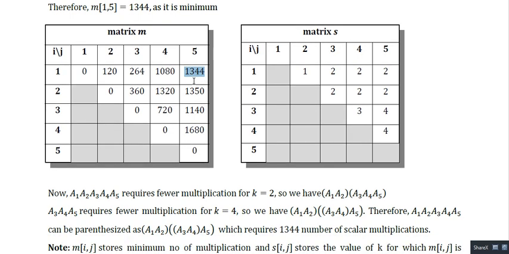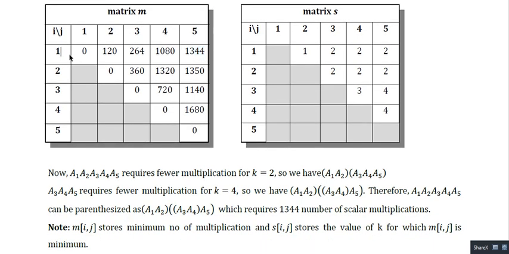Okay, so now to get this minimum value 1344, let's see at which point you have to parenthesize. This matrix gives you the position of k. So at which point? At point 2. So if initially this is the sequence, initially the parenthesization will be done around A1 to A2, one parenthesization, and A3 to A5. So this. So now this part is fully parenthesized, but this is not fully parenthesized.